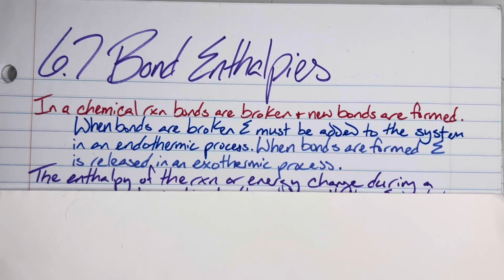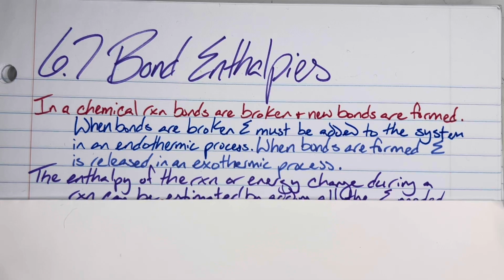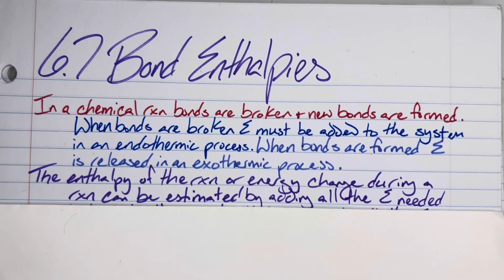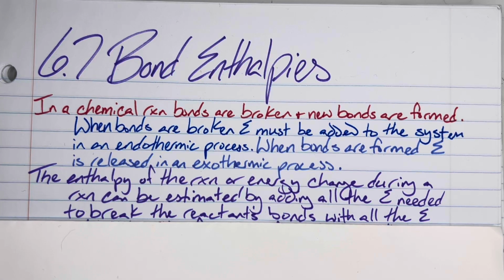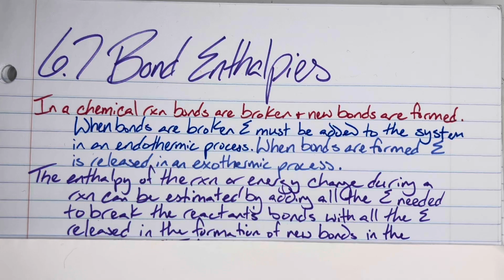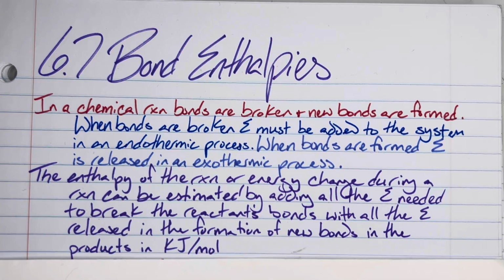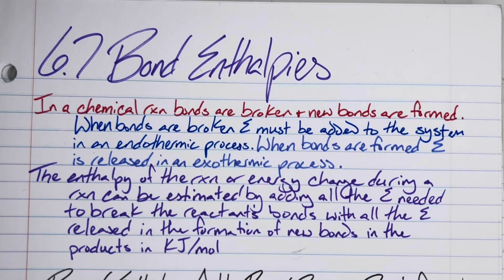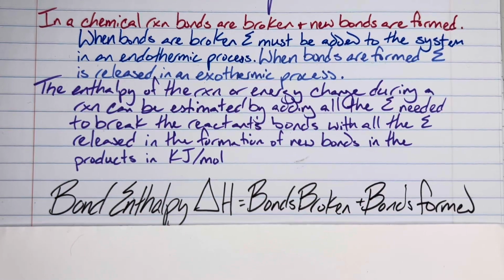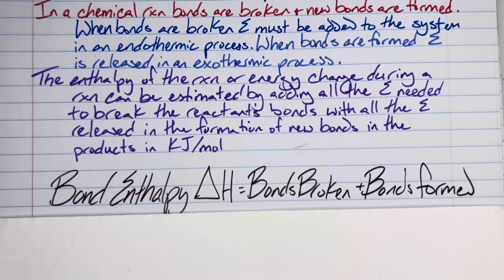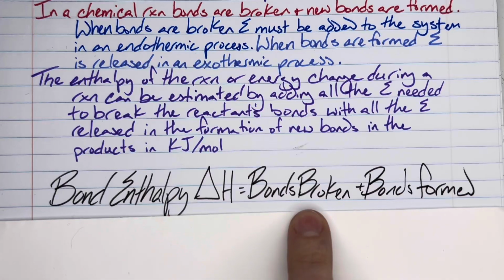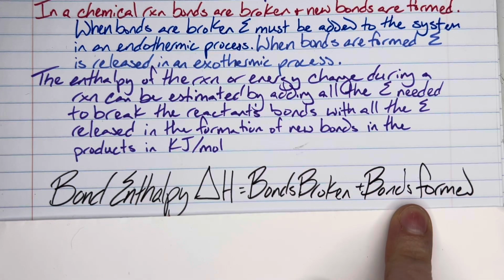The enthalpy of the reaction, or overall change in energy during a reaction, can be estimated by adding all of the energy needed to break each of the reactant's bonds, along with all of the energy released from the formation of new bonds in the products. This will be given in the unit kilojoules per mole. So we have the overall approximation equation as the overall change in enthalpy, delta H, is going to be equal to the energy that is taken in to break the bonds of our reactants and the energy released from our